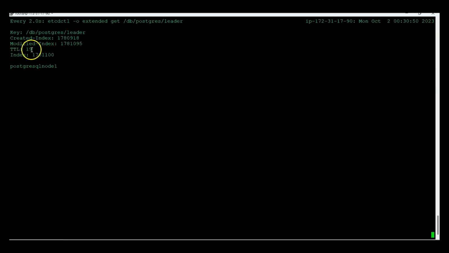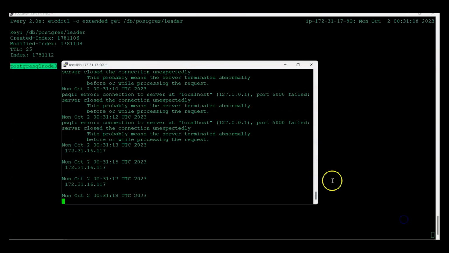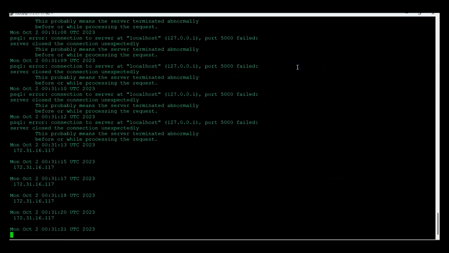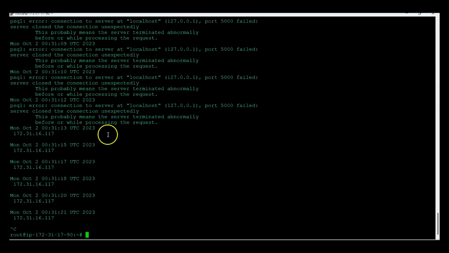Now the TTL will hit 0 and then the leader will change. Let's wait until it hits 0. 8, 6, 4, 2, 1. So now, as you can see, the leader changed from node 1 to node 3, and our other script should also start working. As you can see, the leader changed. Before it was .90, now it's 117, and let's